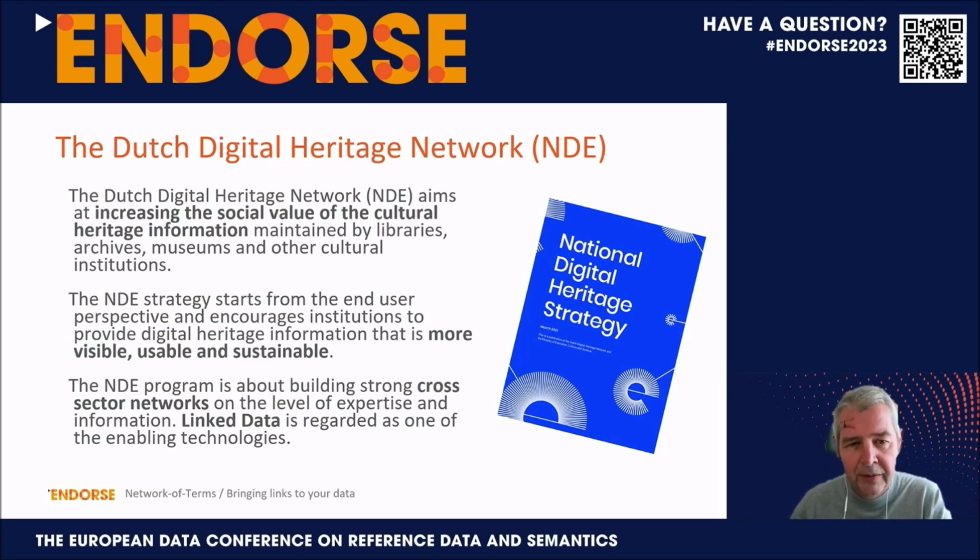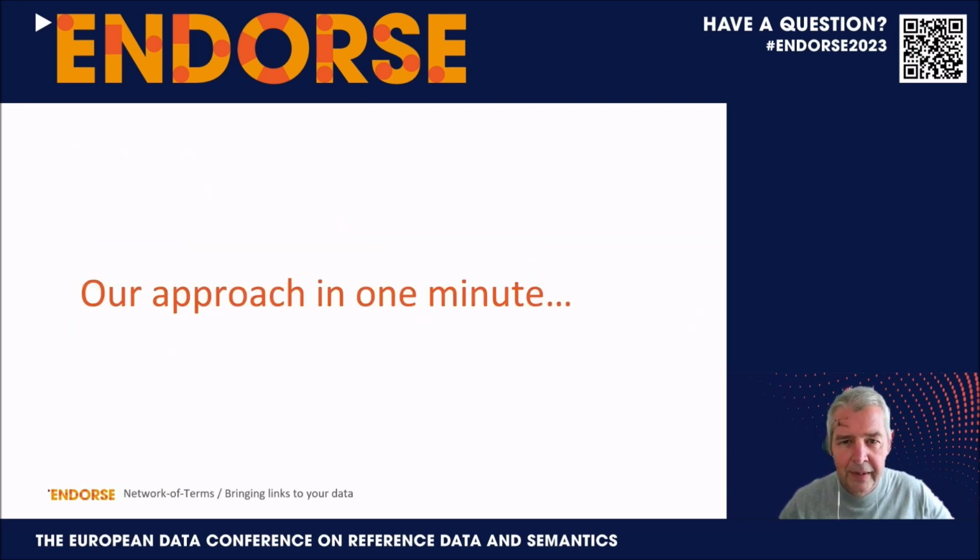And especially on the usable part, we regard linked data as an enabling technology. So we implement a lot of linked data technologies within the Dutch Digital Heritage Network. And I'll give a very brief overview